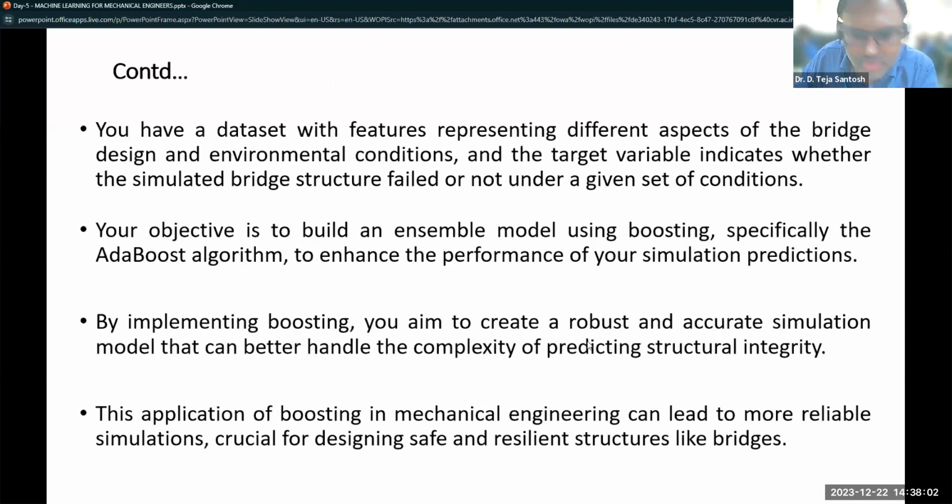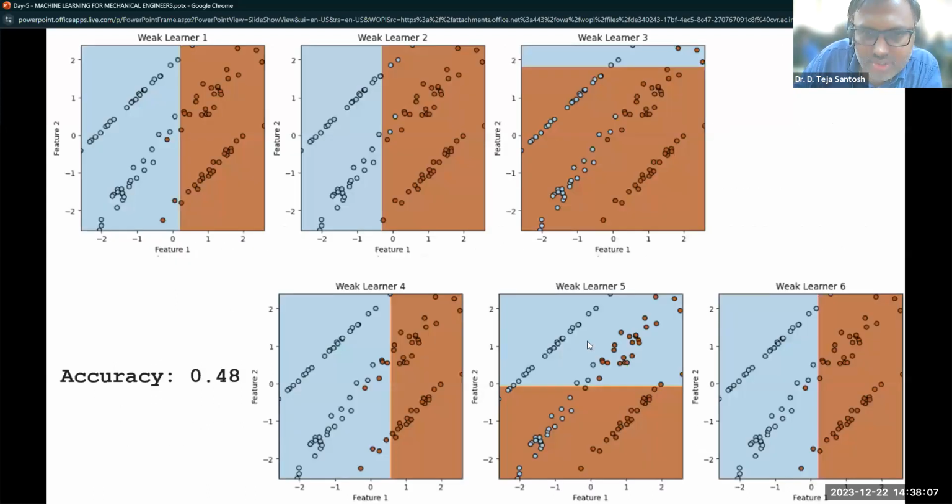If you consider the boosting technique, how will the weak learners be? You see them like this. There are 6 weak learners on the particular data, right? Bridge load condition, load prediction data. So these are the 6 weak learners that you are seeing. In each weak learner, there is some amount of misclassification. There are 2 to 3 examples that are misclassified, and 2 examples are lying on the boundary of the